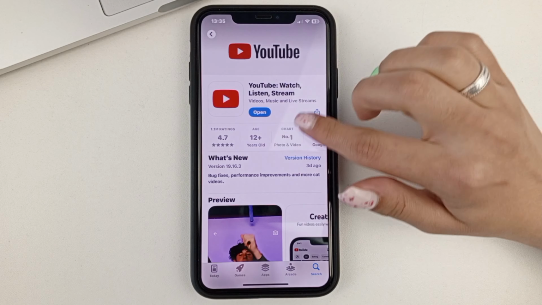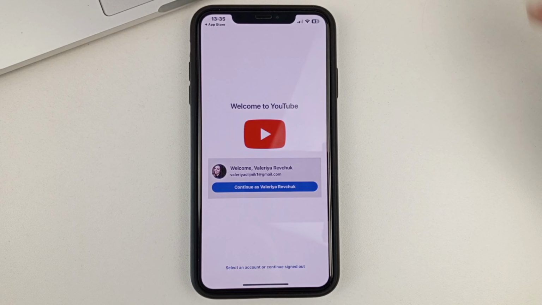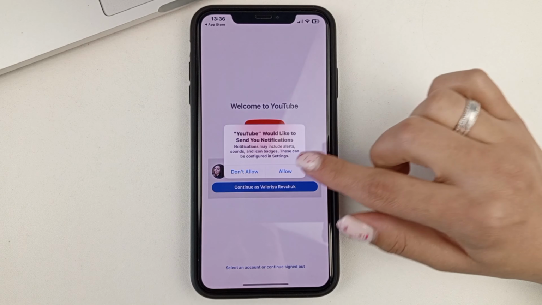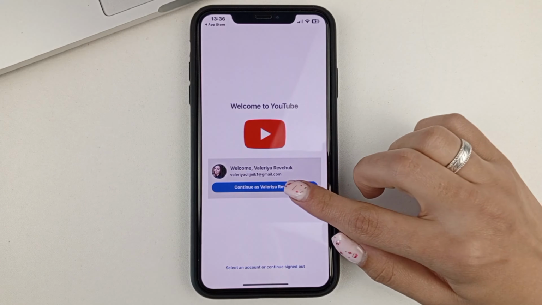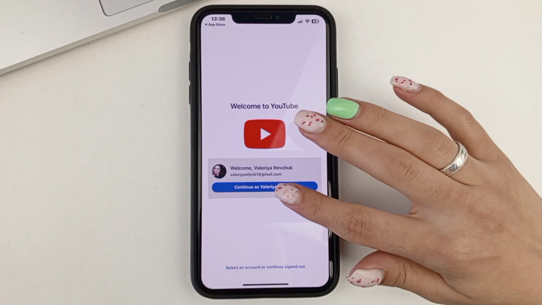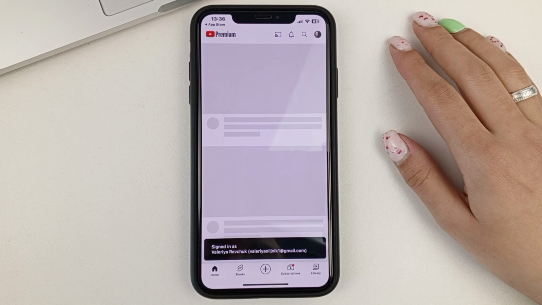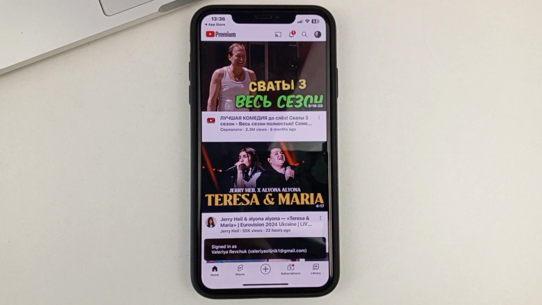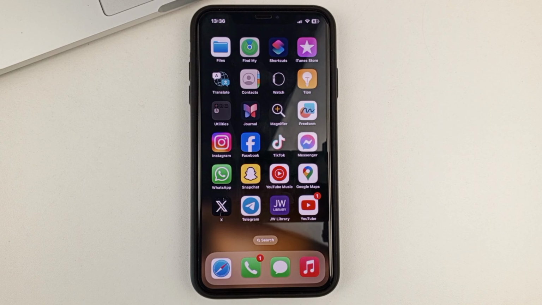And next, after YouTube has downloaded, you click Open. Next, you'll need to choose the Google Mail that you're going to link YouTube to. Since I have it, I'm offered it right away. But you may have a choice of other emails that you can add. And actually, friends, that's it. After that, you will immediately have YouTube with videos that you will be offered. That's the very simple way you'll be able to download the YouTube app to your iPhone.